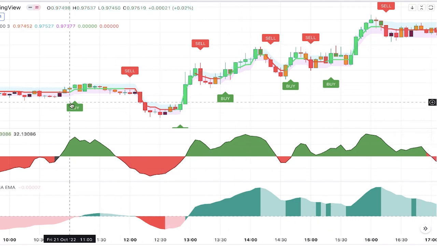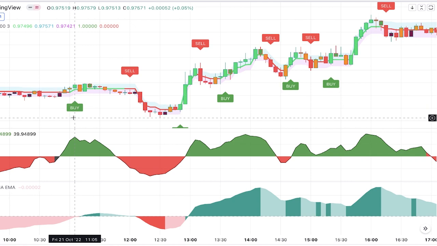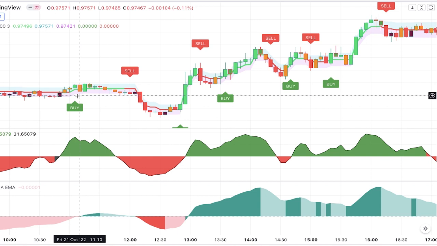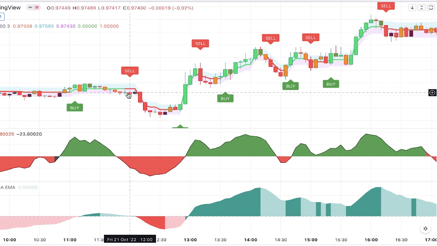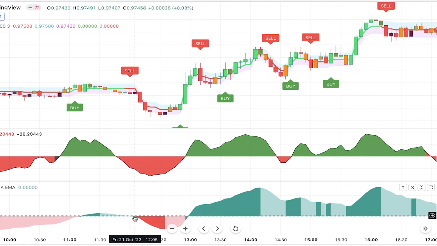For example, here we have a buy signal, stochastic histogram is green, but MACD histogram is red. As long as MACD histogram is red, downside momentum is greater than upside momentum. So we don't enter any long position here. Here we got a sell signal, stochastic histogram is red, but MACD histogram is green. It's actually on the verge of turning to red, but we stick to the rules and we don't enter a